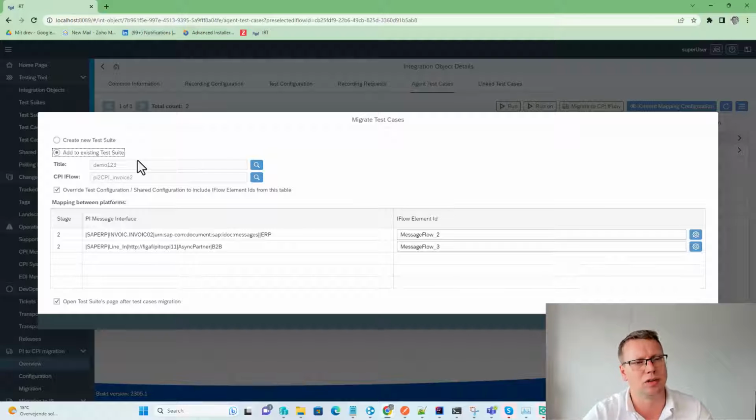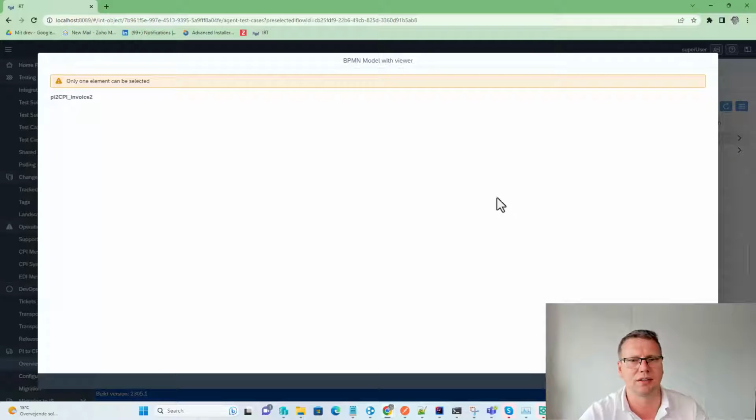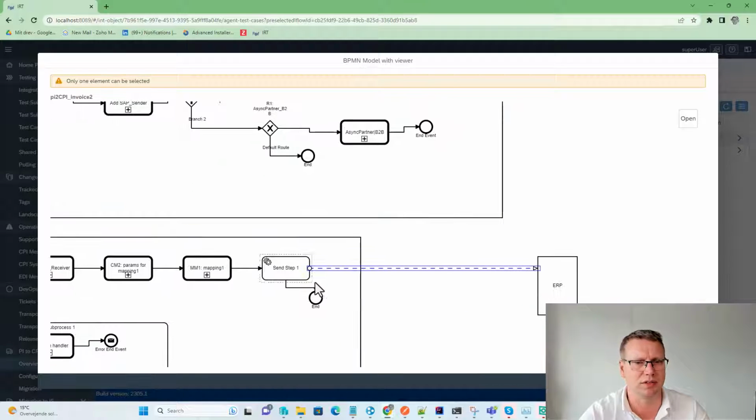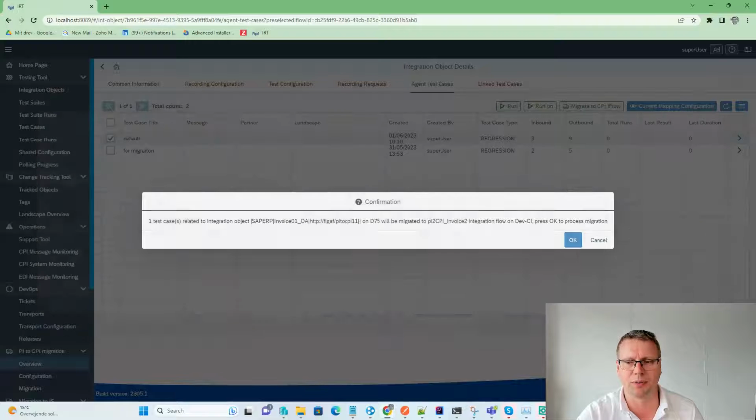We can then add it to a test suite, and we can then figure out, okay, this PI message, where can we find this in the output? And we can see it's selected this one. If you have used SAP's migration tool, you would need to specify where the tool can find these relevant entries. You will then open the test suite,